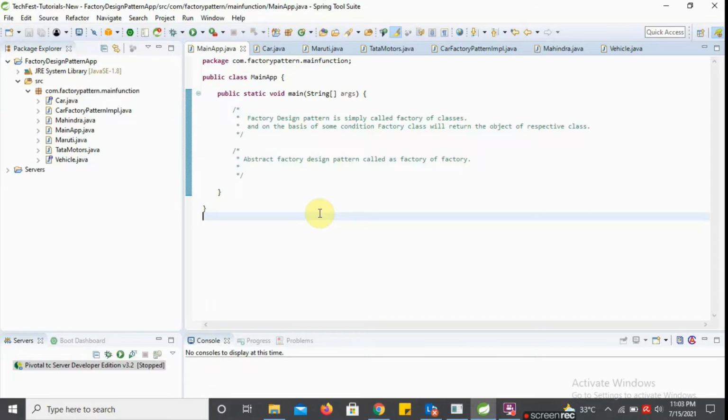The business need of this design pattern is that suppose we are going to develop an application, and that application has many clients. One client wants that application to run on a database called SQL Server, and another client wants the same application to run on a database called Oracle.